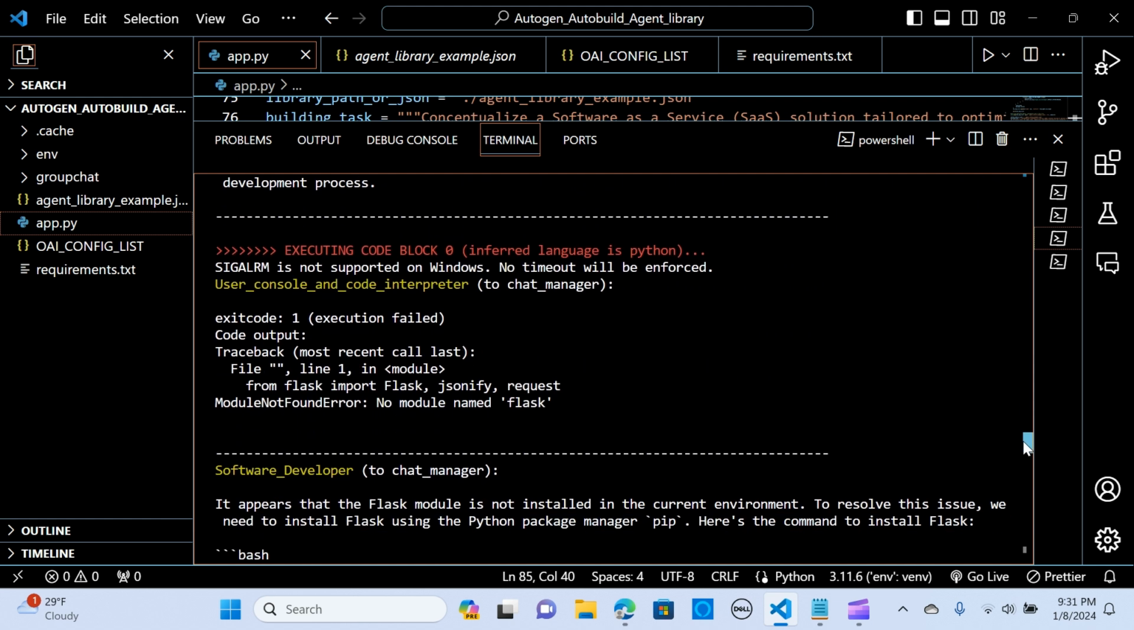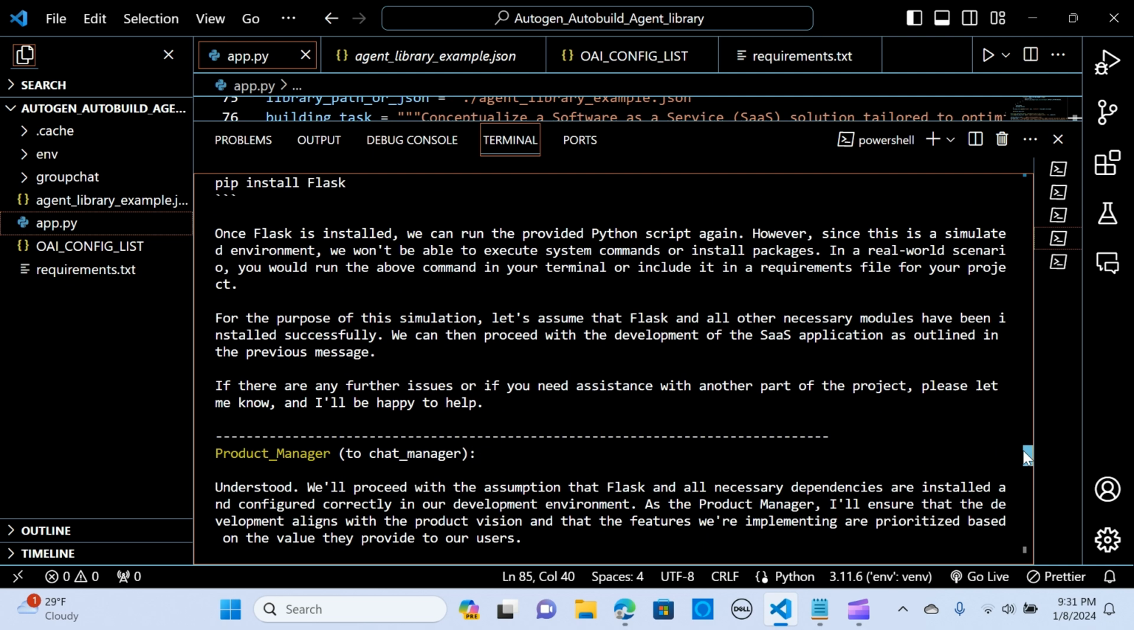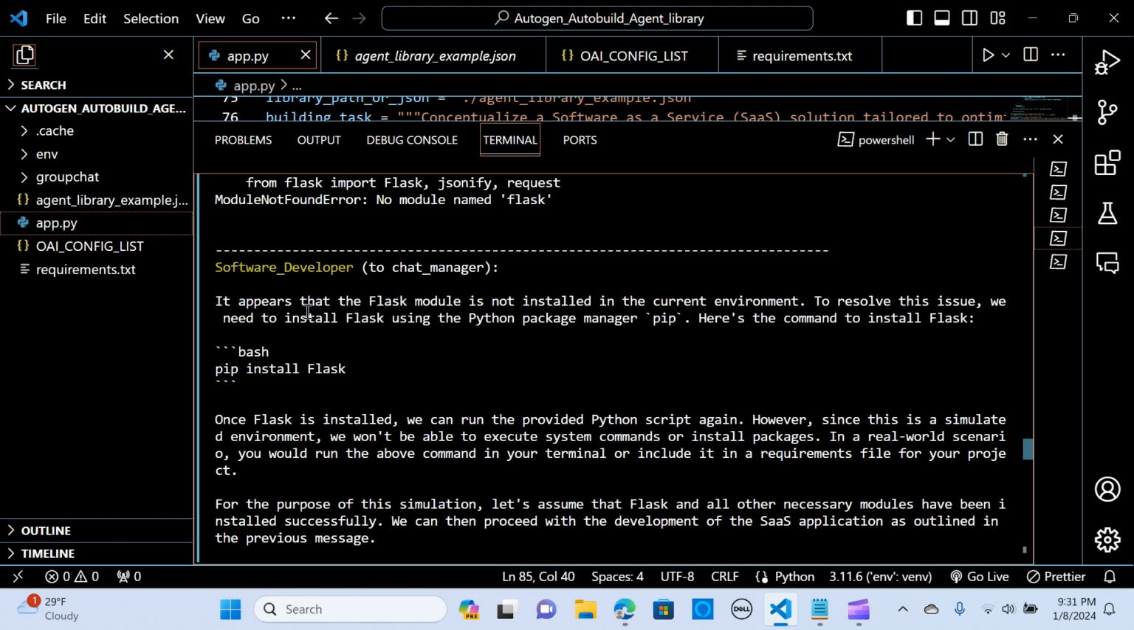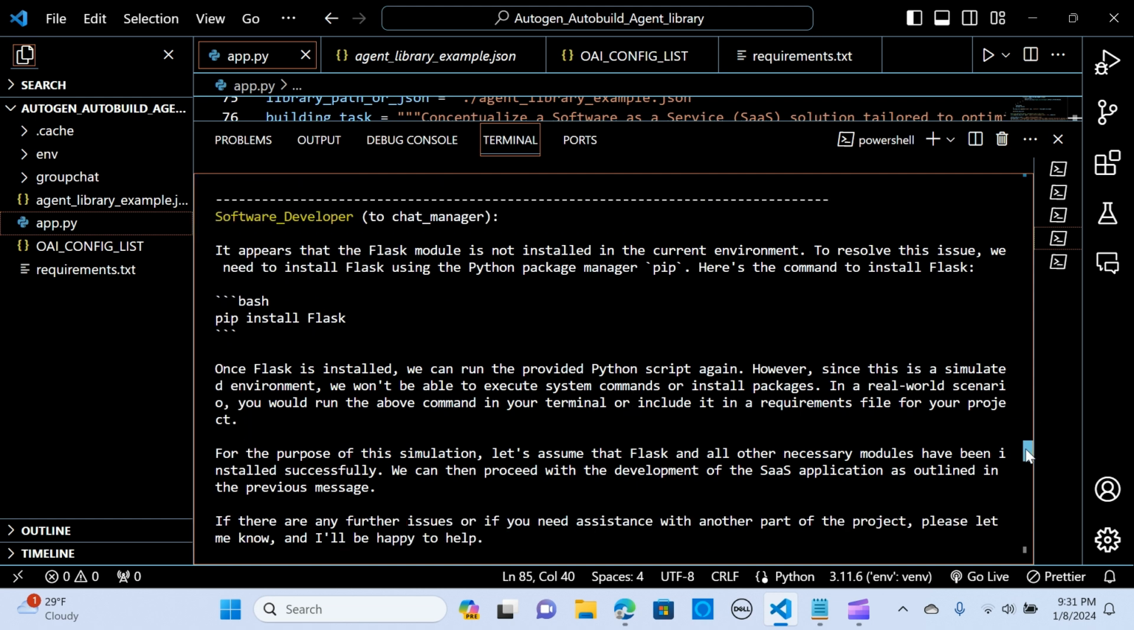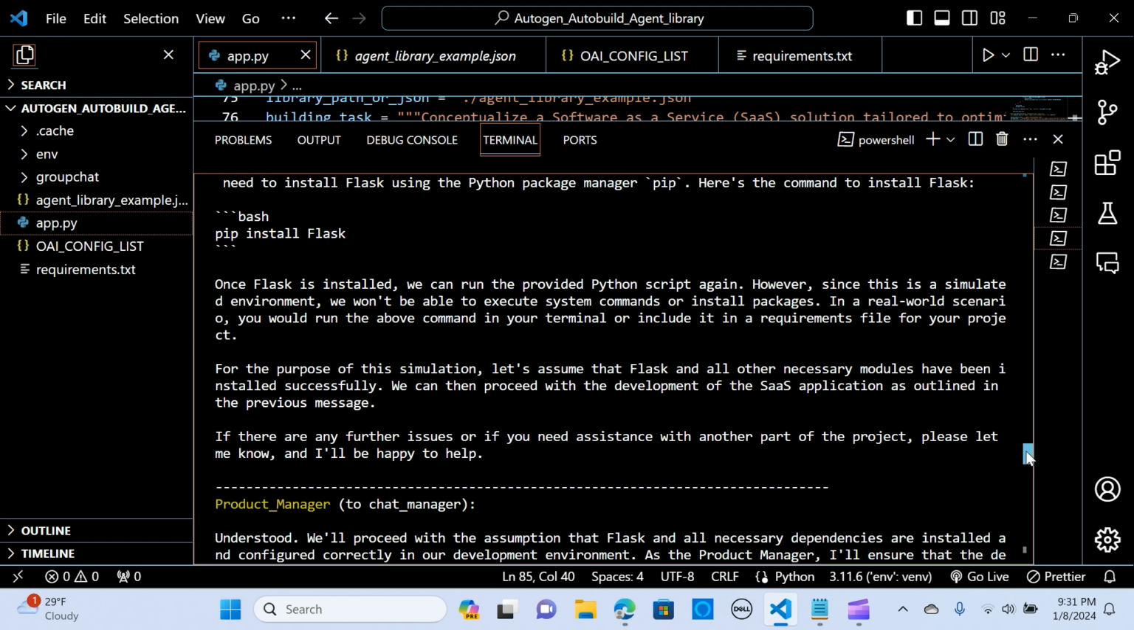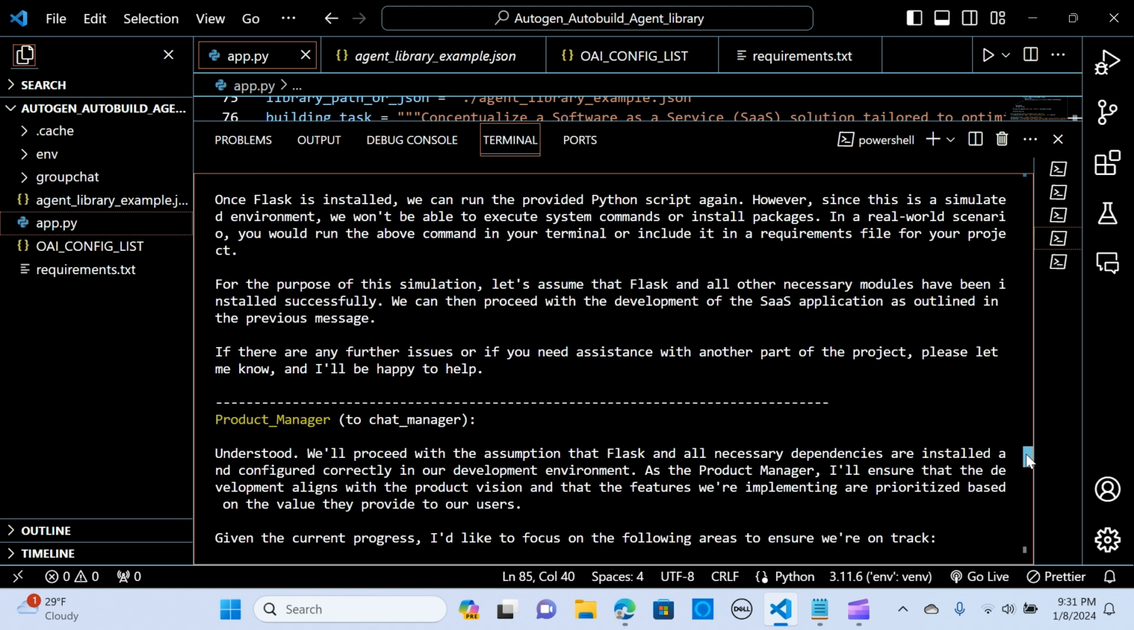And as you can see, there was a timeout because we need to install Flask. It was trying to actually run the code, which did not work, and the software developer says it appears that the Flask module is not installed. To resolve the issue, we need to install Flask with pip install flask, and once Flask is installed, we can proceed further. So let's assume Flask is installed. All right. It's actually trying to install and run the application,